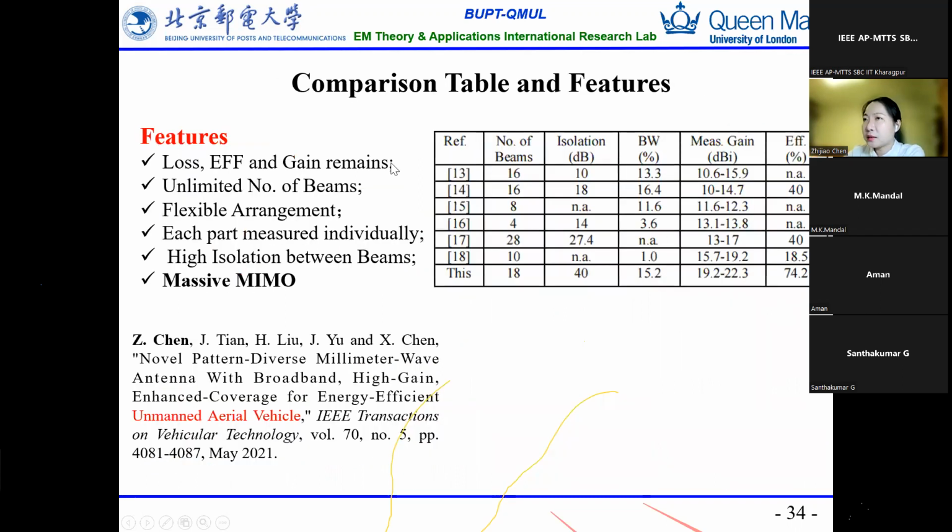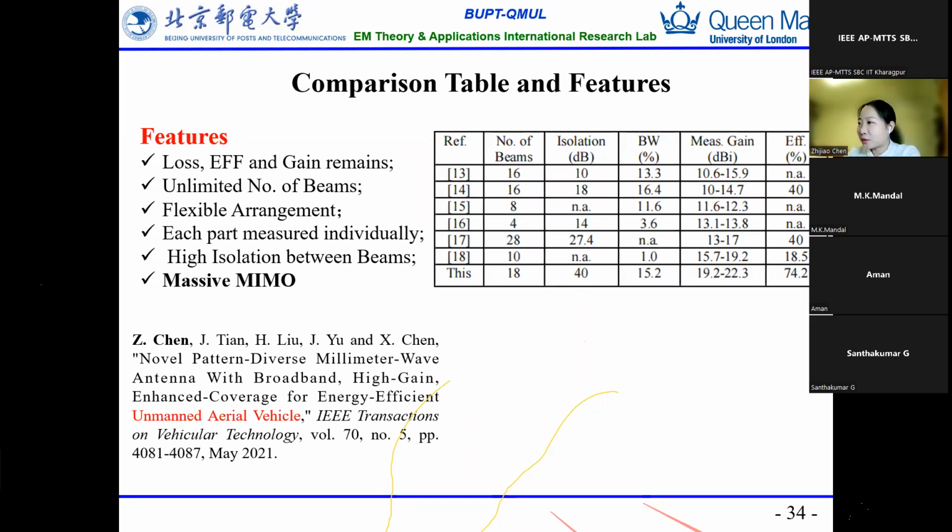So this antenna features low loss and high efficiency and high gain, even though the number of beams is extended unlimitedly, and also a flexible arrangement, and each part of the antenna can be measured individually. So it's very convenient to extend to the maximum MIMO. So we published in IEEE TVT, and the application is